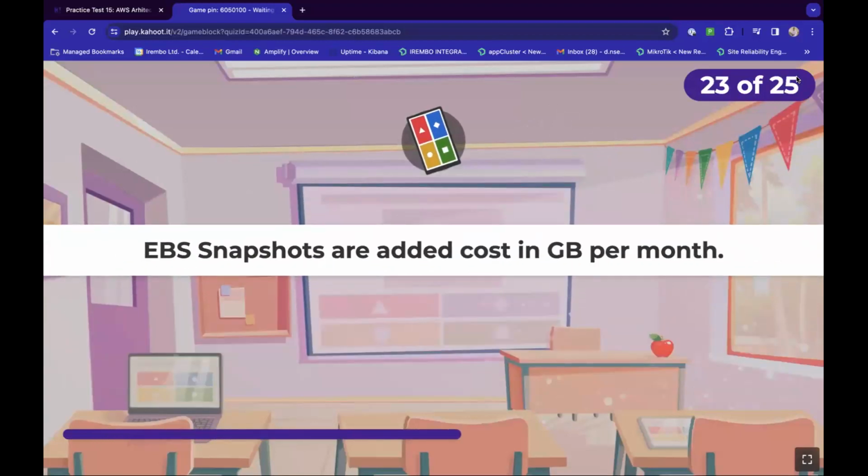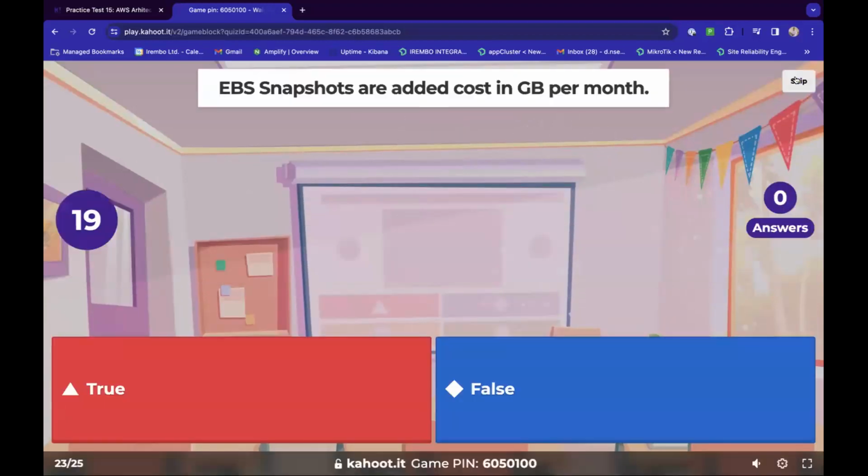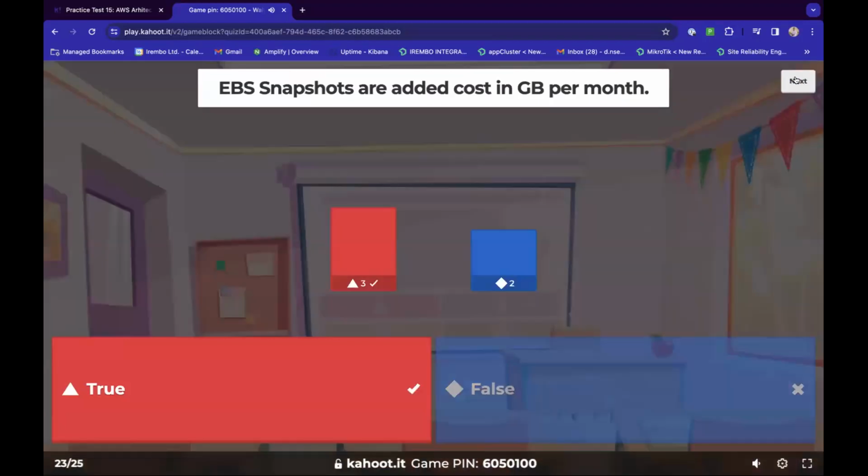EBS snapshots are added cost in GB per month. Is this true or false? Yeah. Maybe to give more highlight on this one. When you take snapshots, you basically get charged for those snapshots.